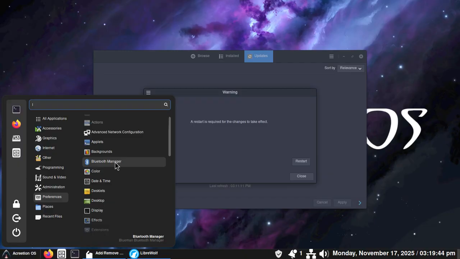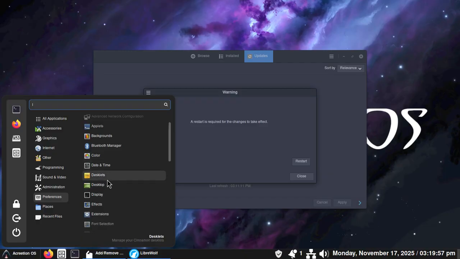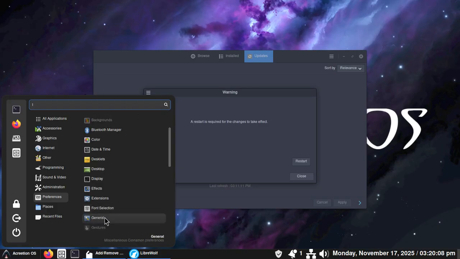The reason why there's applets is because the Cinnamon bar uses applets. So that's what you see down there, a bunch of applets. Color for system colors, date and time, config. You got desklets. That's another thing that goes on that Cinnamon bar. Desktop, display, effects, extensions, font selection, general,